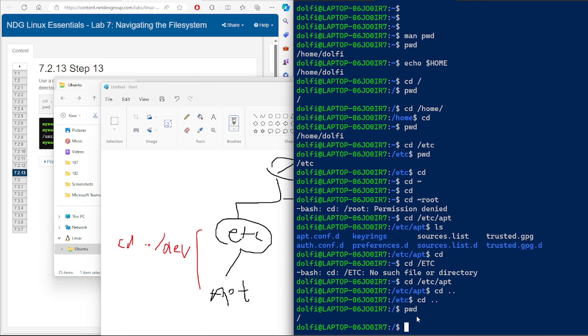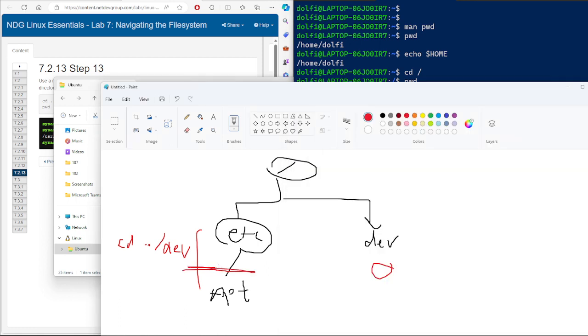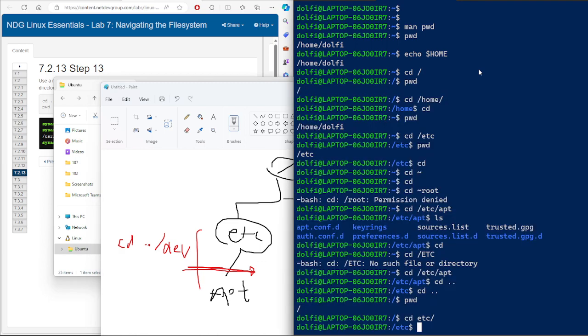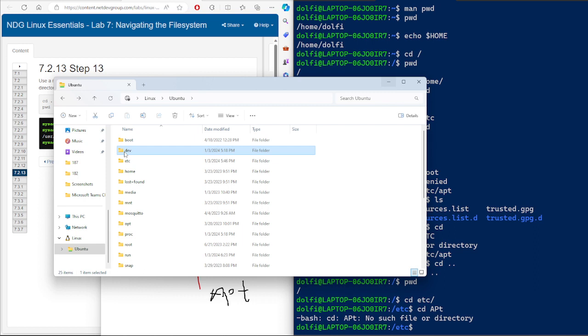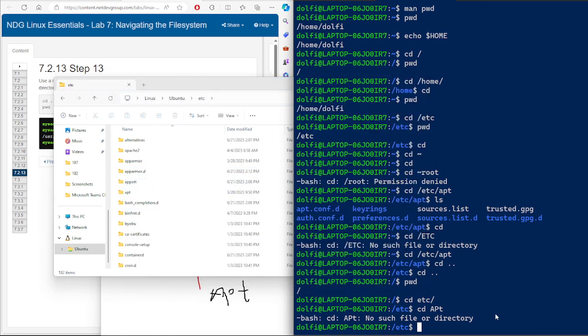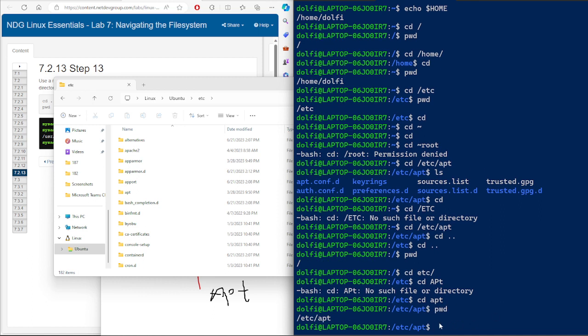Okay, so you can do the following. Now, cd etc, and now you are here at this level, and then one more step, cd apt. No such directory. Let's see this one here. What is the name in etc? There is apt in small letters, so apt. pwd. Now you are under the root etc apt, and now you would like to move